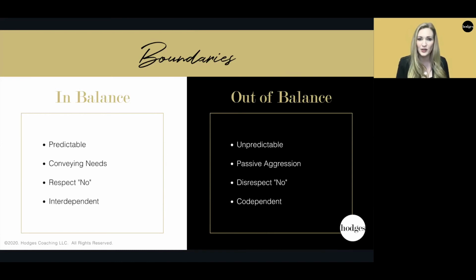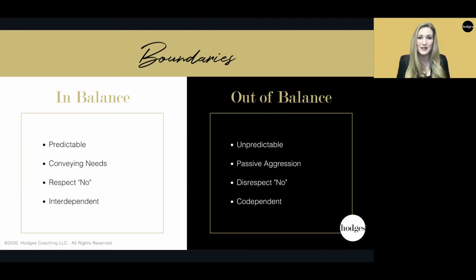But let's start at the top. So when boundaries are in balance, it's more of a predictable environment. Decisions are made objectively instead of based on moods or favoritism, and people can easily convey their needs. It's that type of a culture where people can just say, here's what I need, here's what I value, and know that everyone else on that team is going to do their best to genuinely respect it. And they will also respect the word no and won't try to push them or still try to get them to do it in the end.